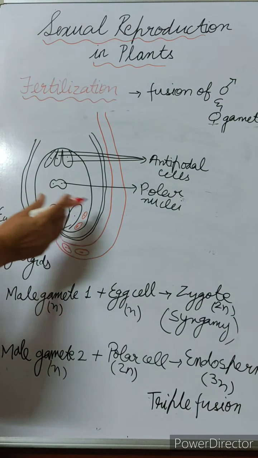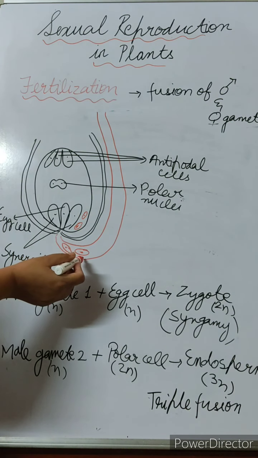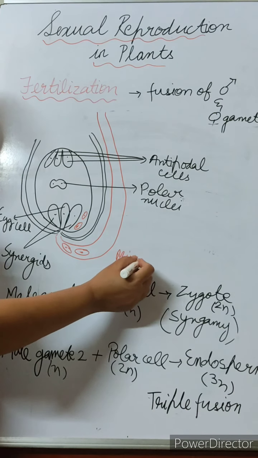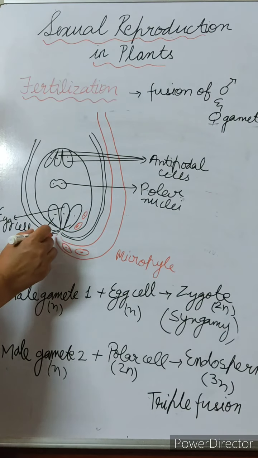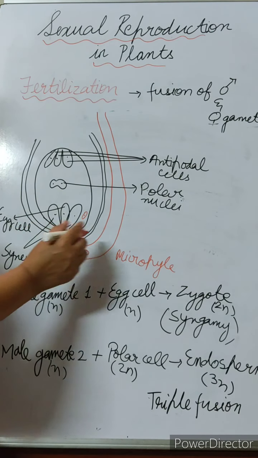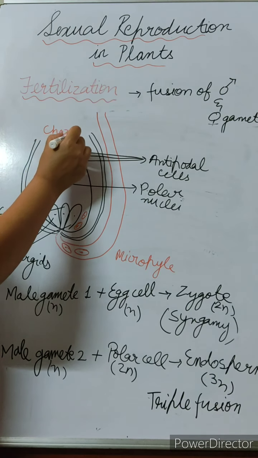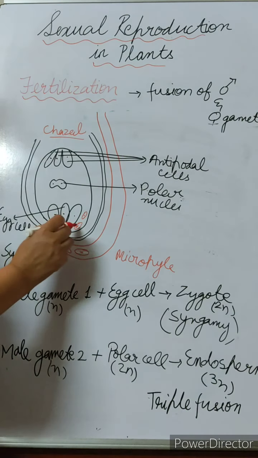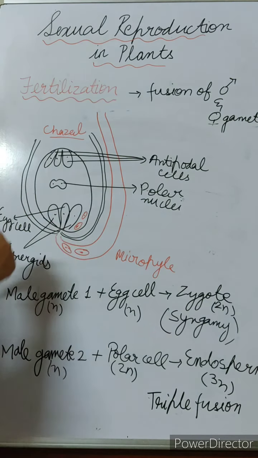Okay, now see, this is the elaborated view. Now the pollen tube had brought both the male gametes to which end? That is the micropyle end, right? I have just now told you that the micropyle is a small opening in the ovule through which the pollen tube enters. Now just opposite to the micropyle end is the other end which is known as the chalazal end, right? Now these two male gametes are getting released. See, these are released. Now let us see the cells which are present within the ovule.